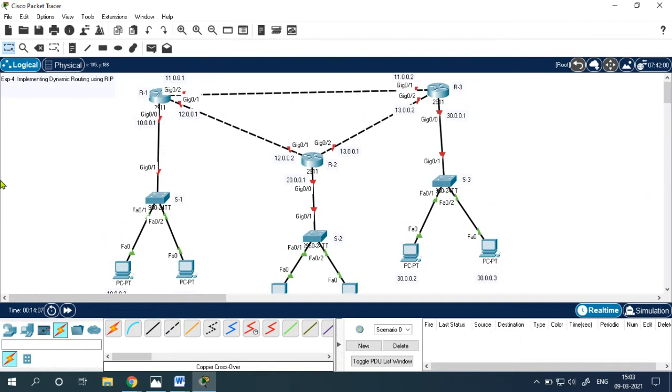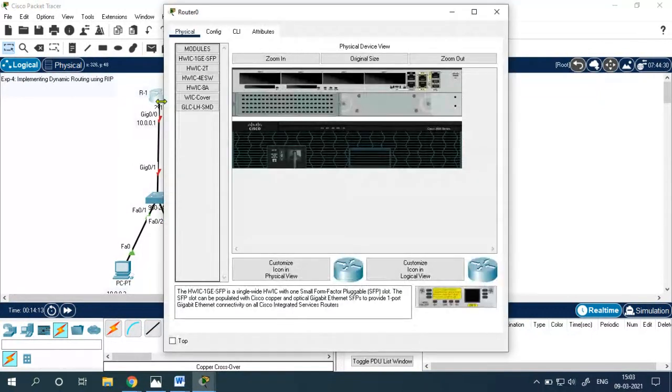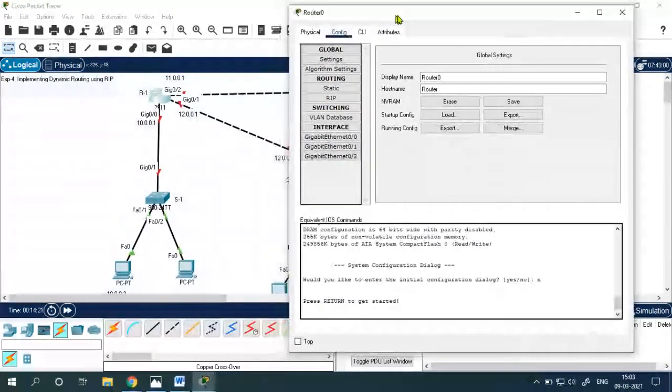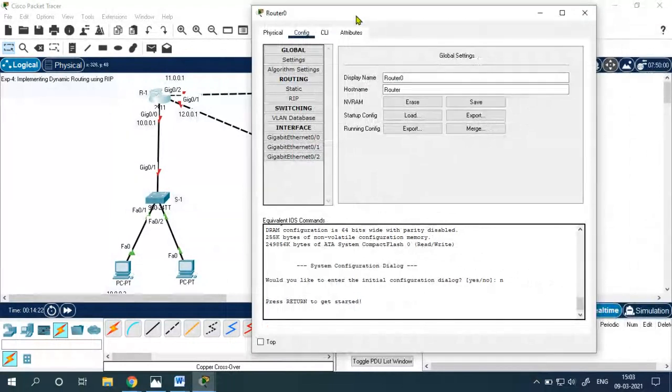Now let's configure the IP of our router. Click on router 1. These are all steps of repeating. We have already performed that in our previous experiment, but anyway, just click on the configuration tab. So be careful about the router's interface.